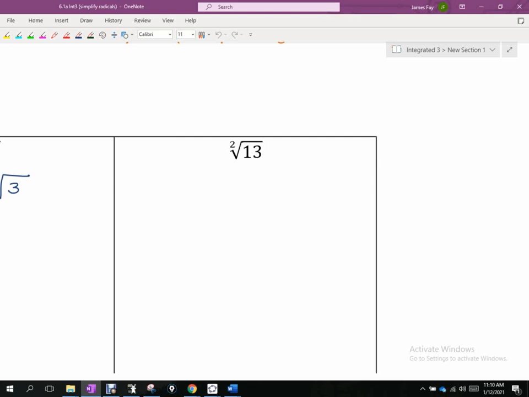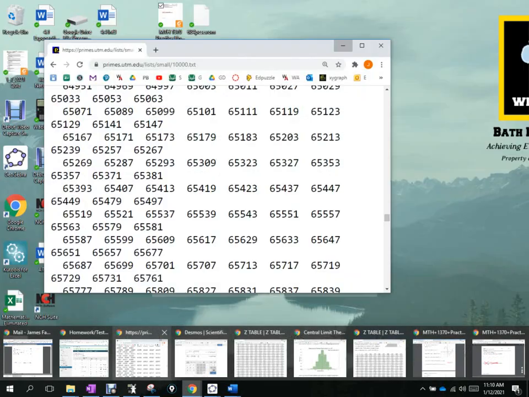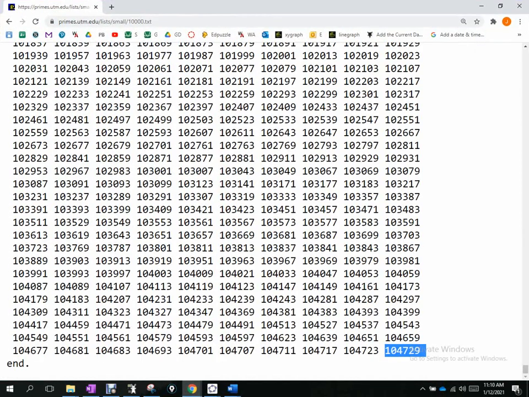What kind of number is 13? Prime. It is prime. So radical 13 is already simplified, okay? If you struggle with this stuff, because my goal right now, obviously my hope is that you guys can multiply, which you demonstrate that you can. But if there's any time that you struggle with the factors, if I could type in,